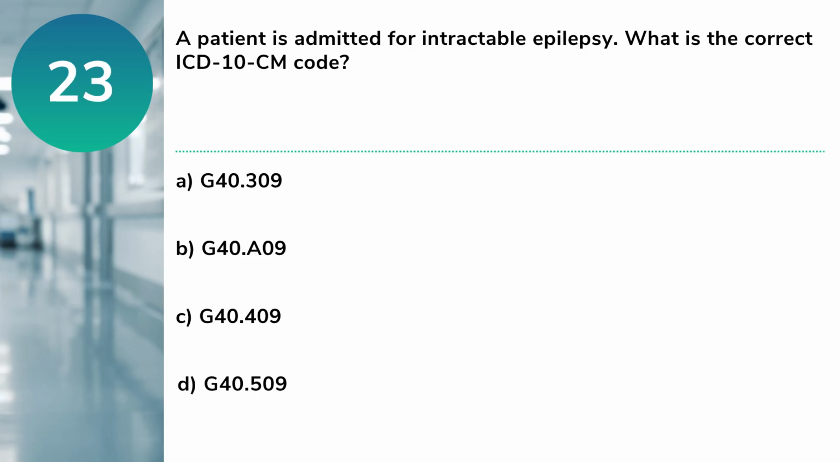Question 23. A patient is admitted for intractable epilepsy. What is the correct ICD-10-CM code? A. G40.309 B. G40.A09 C. G40.409 D. G40.509